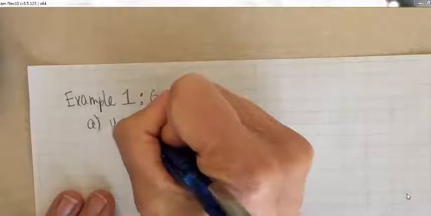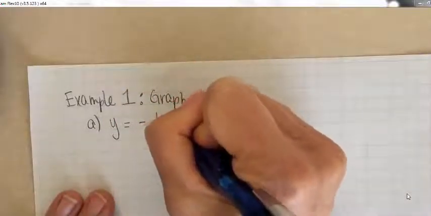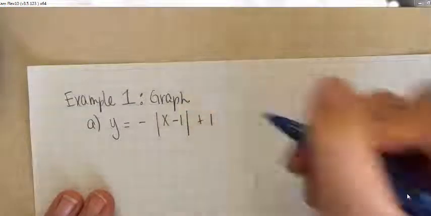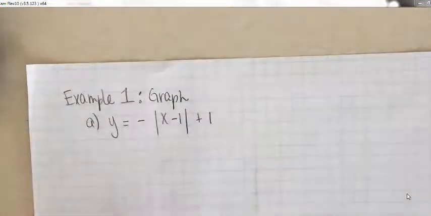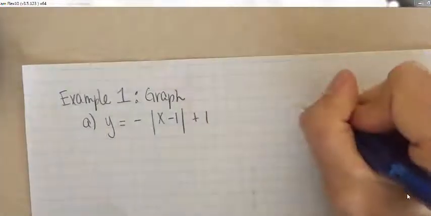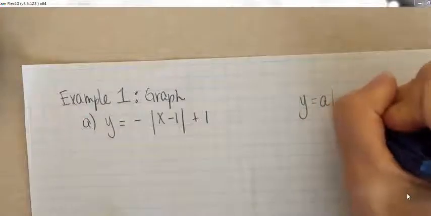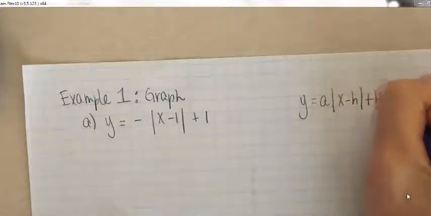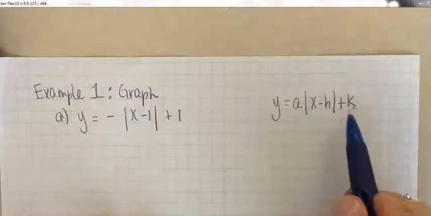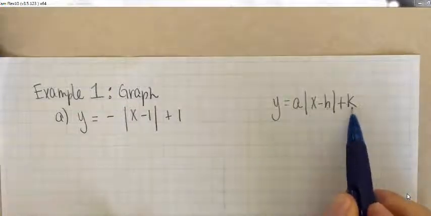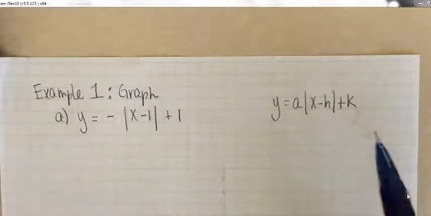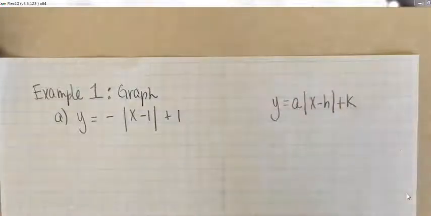So the first one I'll do, a, is going to be y equals negative absolute value of x minus 1, plus 1. Okay. So let's start with our h and our k. So remember, we're always thinking about this. Basically every single function we're going to do is going to have this minus h plus k, and it's going to have some vertical dilation factor. Okay. So my h here,